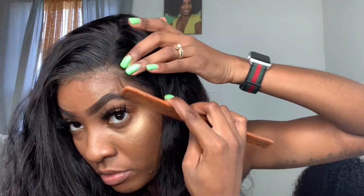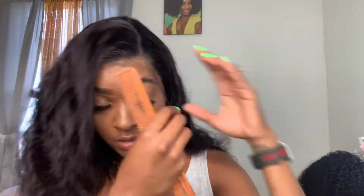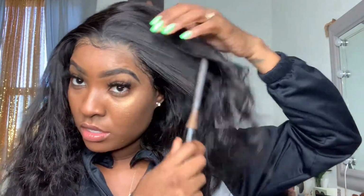I like my baby hairs just a little bit, so I'm gonna see what actually came with the lace. I'm just gonna add a tad. All right, y'all, I got cold. So once I have my edges molded and all that good stuff, I'm just going to take my hot comb, and I'm just going to comb out